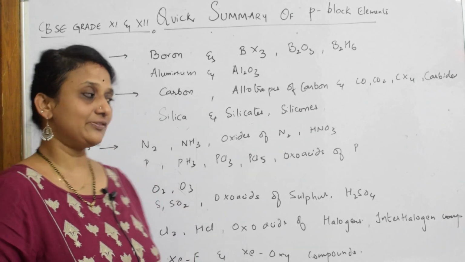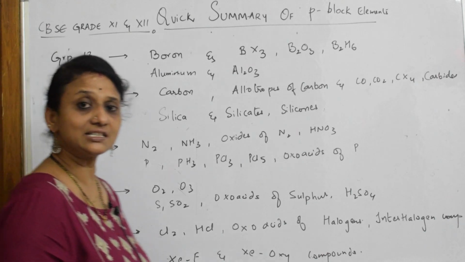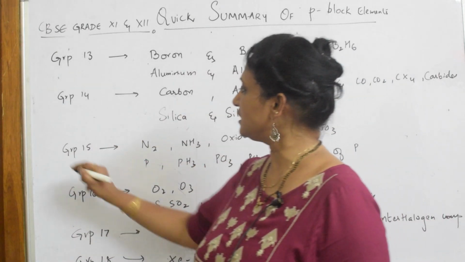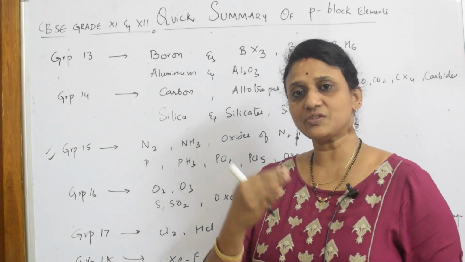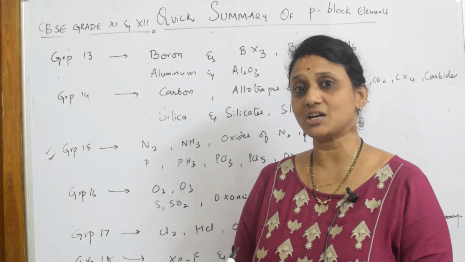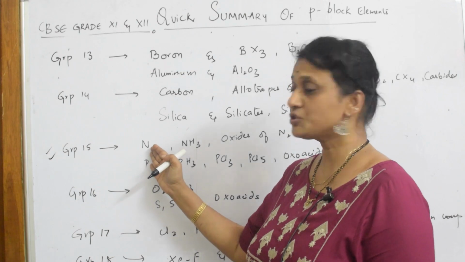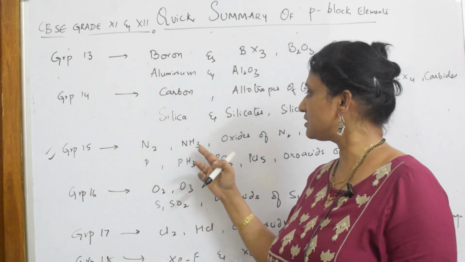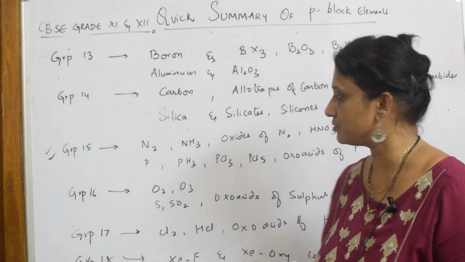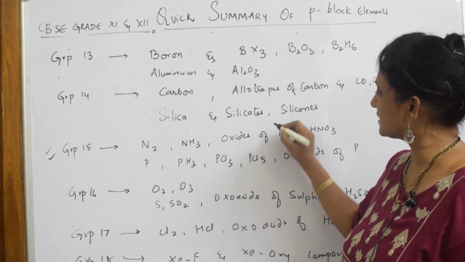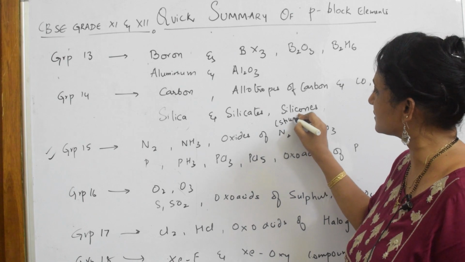After coming from grade 11, here is the grade 12 syllabus, which starts from group 15. We'll be learning about nitrogen and phosphorus. This is where most of the reactions start off. In nitrogen, I'll be studying different compounds of nitrogen, let us say ammonia, oxides of nitrogen and nitric acid. Important. Wherever there are oxides, structures are compulsorily asked in the exam.